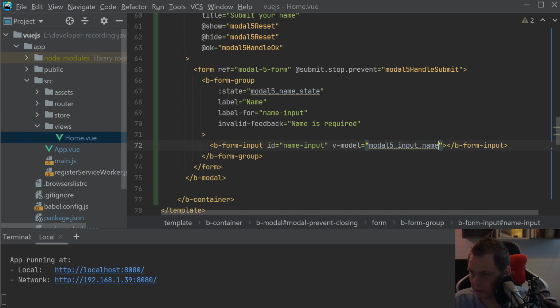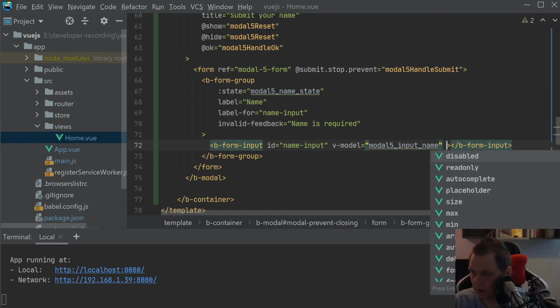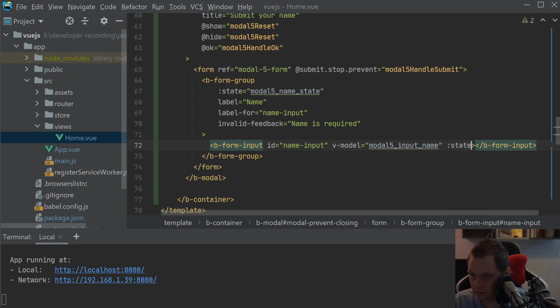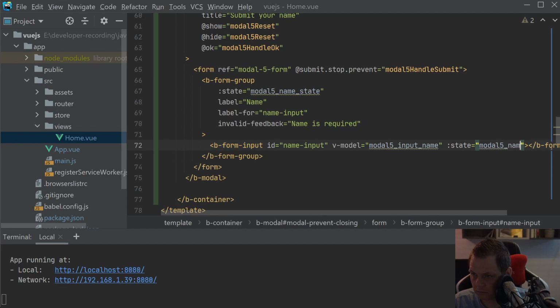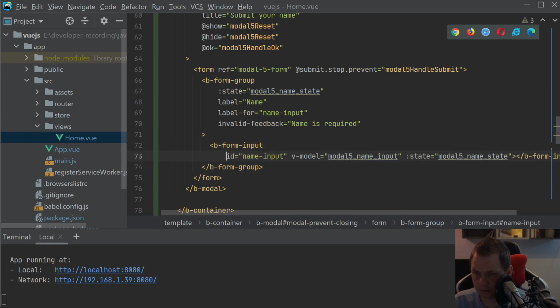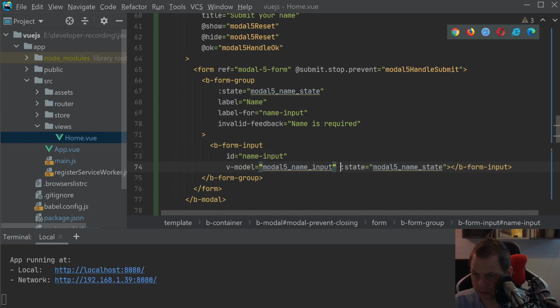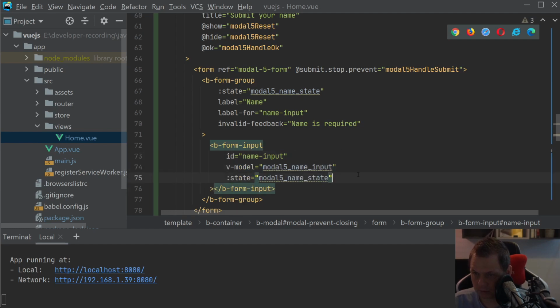Input name, and we don't have this variable, and the state should be model 5 name state, name input here. And of course we can break it up a little bit so it's more readable, and then we